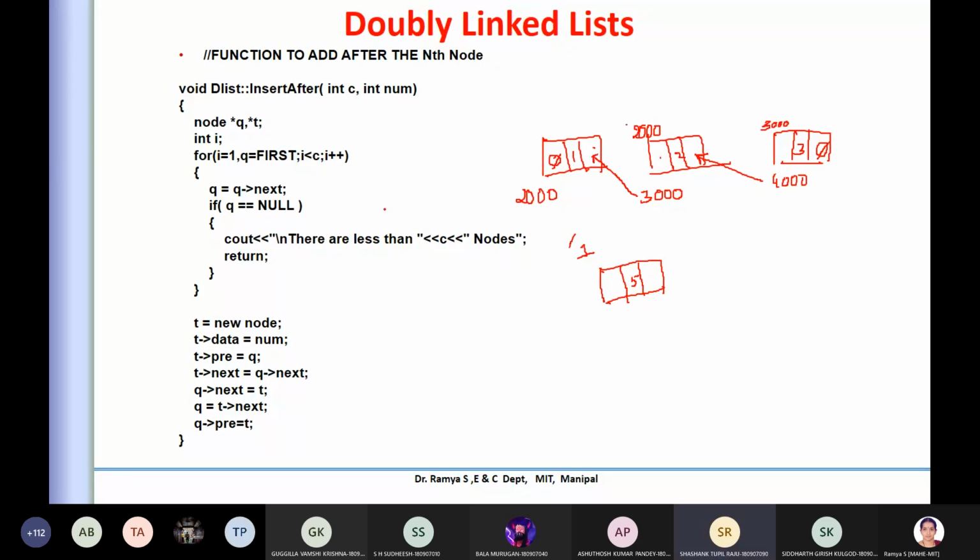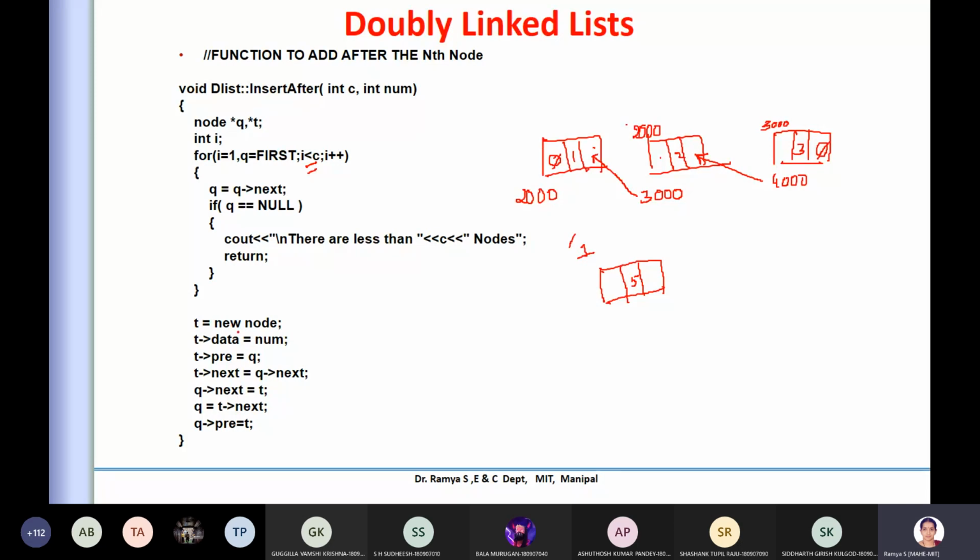Ma'am, I don't think it will enter the for loop. Yes, it will not enter, because you are just checking less than 1, and i is already 1, so it is not less than, so it will not enter this. But if you are inserting after 2 or something, it will enter this. Now how will it be executing? I'm just taking a typical example. If I'm not entering here, where will the pointer be?